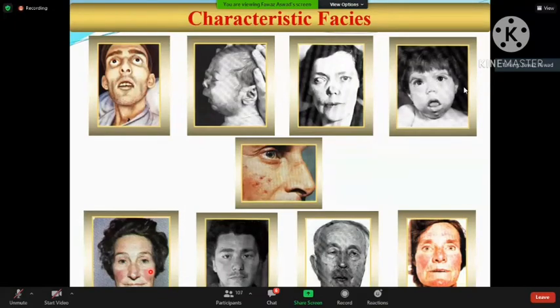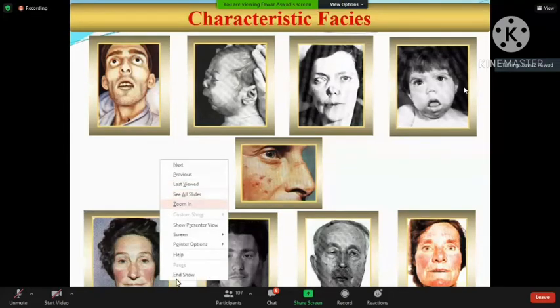Also, the other point, as we said, is facial movement, which is usually under the control of the nervous system. Sometimes it may give me an indication that the patient may have a lesion of the facial nerve or hypertonicity of the facial muscles. Or sometimes there will be chorea types of movement and so on. So these are the most important characteristic features of the face that we are going to notice.